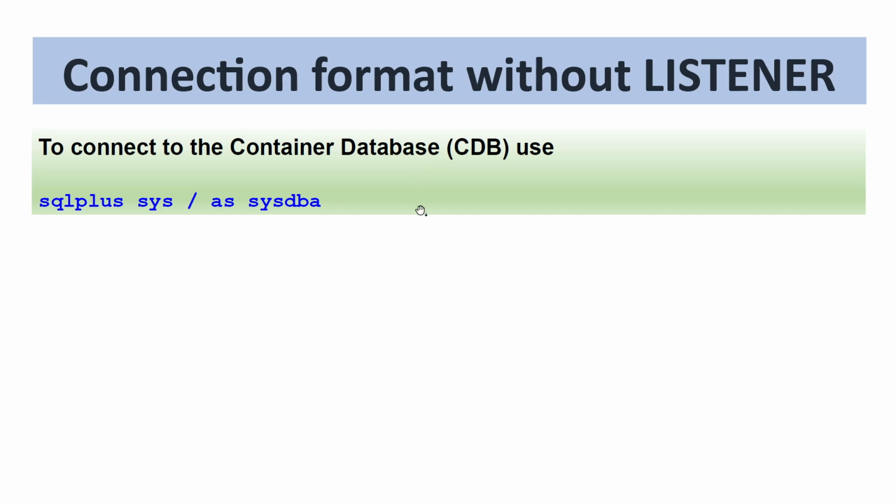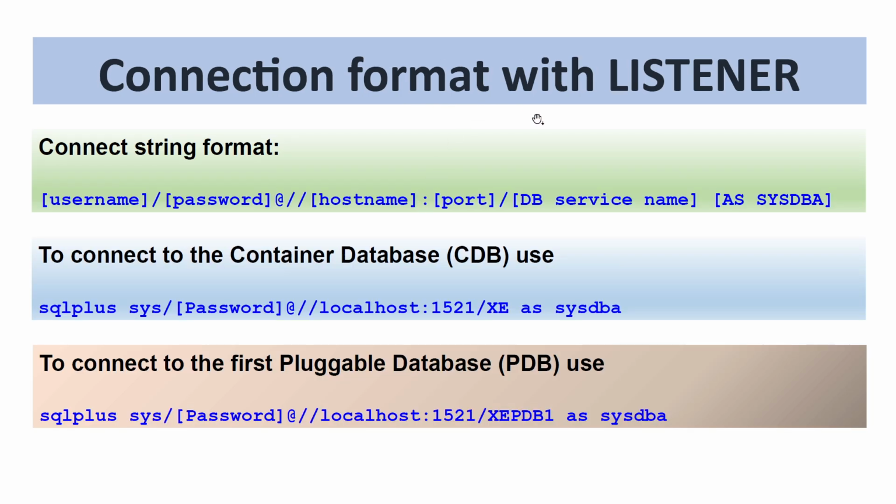And if you want to connect using the listener, the format would be username, password, host name, port, and DB service name as sysdba. So if you want to connect to the container database, you will say sqlplus sys. The password is the one which you gave during the installation. Localhost, if you are doing this on a remote, you can give the remote